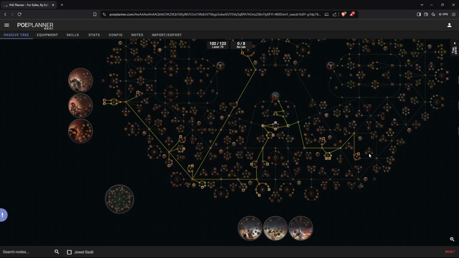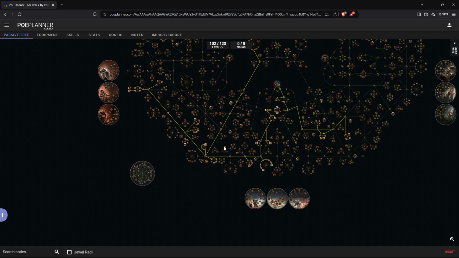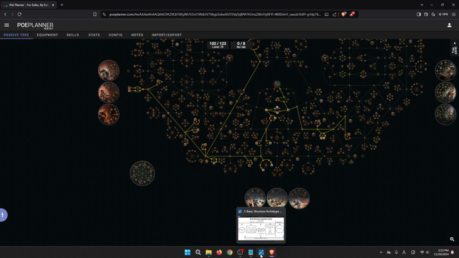12 defense clusters, like 6 life. So 1, 2, 3, 4, 5, 6 life clusters, right? Check. Then we have cloth and chain, and this wheel on duelist I like to count as one wheel. Another armor and evasion cluster here. Then we have 2 sustain clusters here, hematophagy and vitality void, check, right? And now basically what we want to do